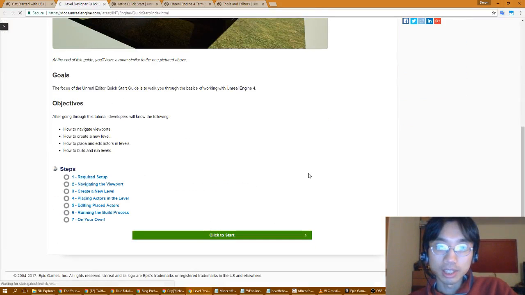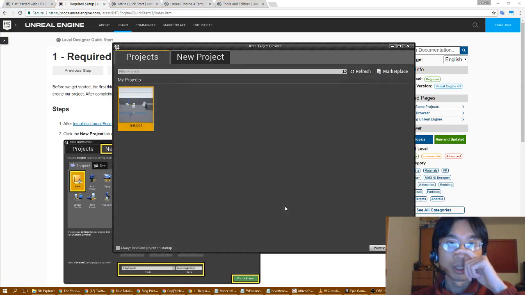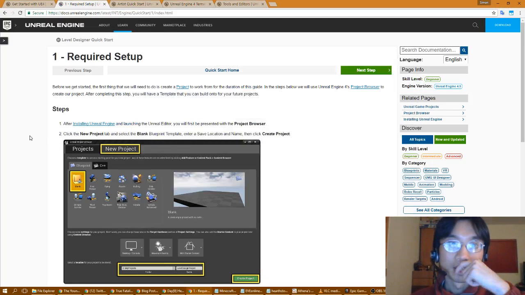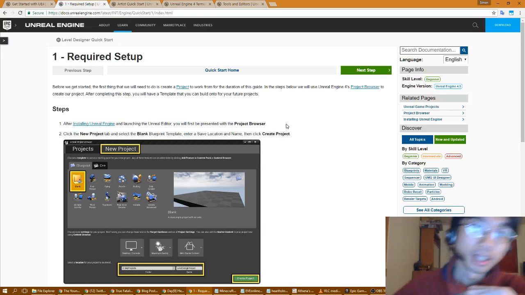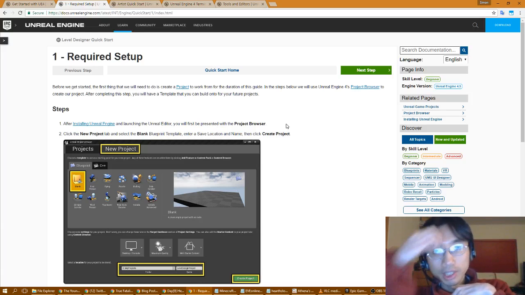So goals, click the start. Alright, required setup. Oh, here we go. But the other one's not closed yet. So before we get started, the first thing we need to do is to create a project to work from for the duration of the guide. In the steps below, we will use Unreal Engine 4's project browser to create our project. After completing the step, you will have a template that you can build onto for your future projects. Sweet. After installing Unreal Engine and launching the Unreal Editor, you will first be presented with the